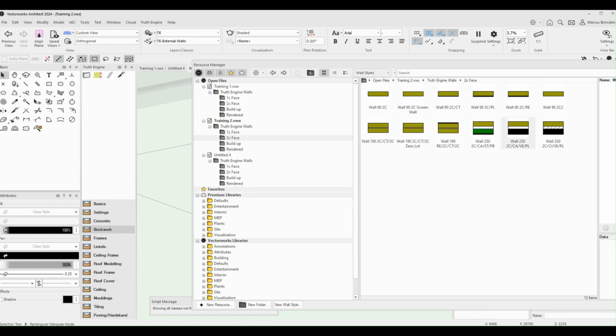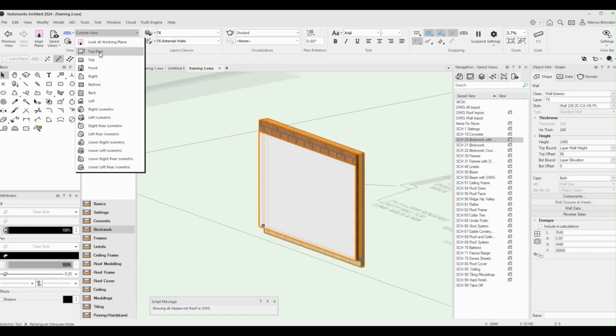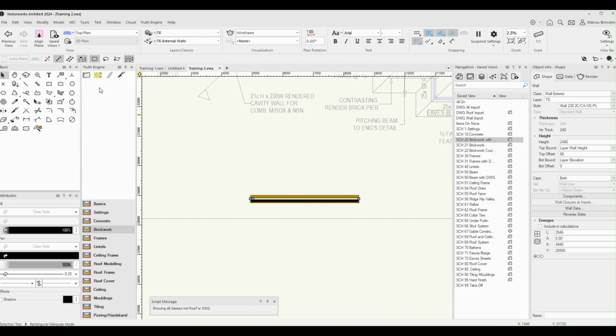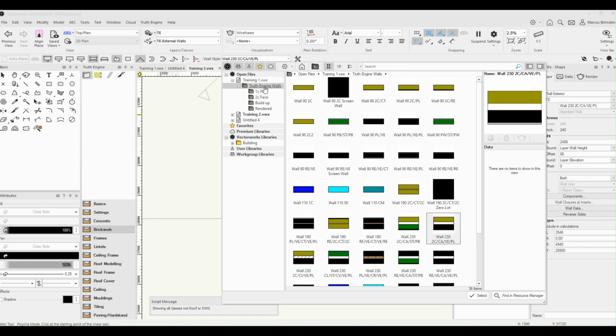Okay, and one last comment on drawing walls. If we go back to our plan view, I like to go back to a plan view by dropping down the view list and then going top plan. And we'll draw another wall. I'll draw an internal standard wall, which is our wall 90 plaster vertically cored wall plaster, a wall that we use quite a lot. And when we draw these walls,